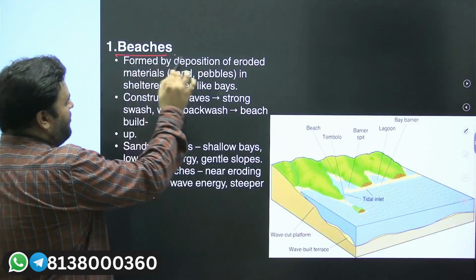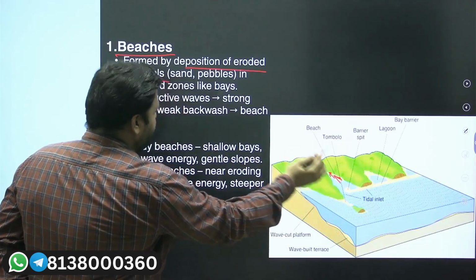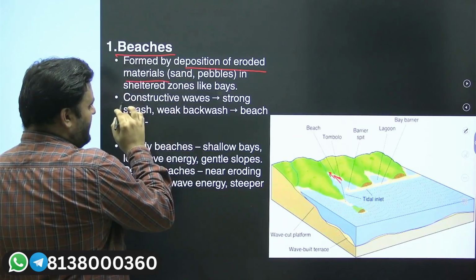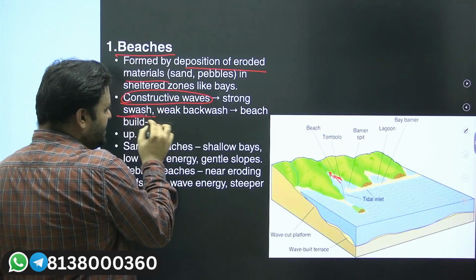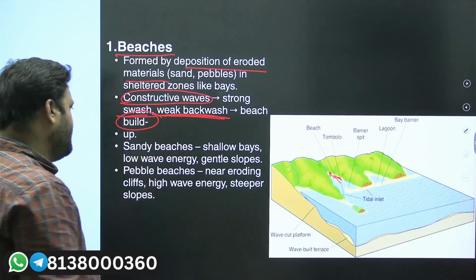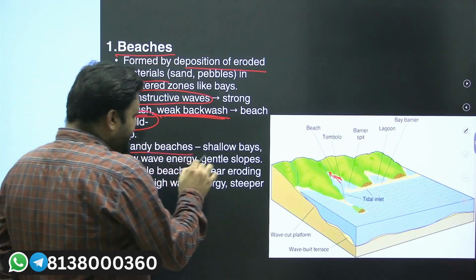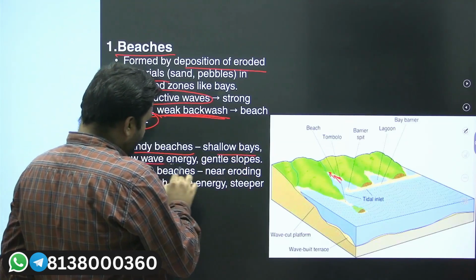Beaches are formed by deposition of eroded material. I told you, sand and pebbles will be there. They result from constructive, strong swash and weak backwash. Beaches will be built. Sandy beaches will have a shallow base, low wave energy,